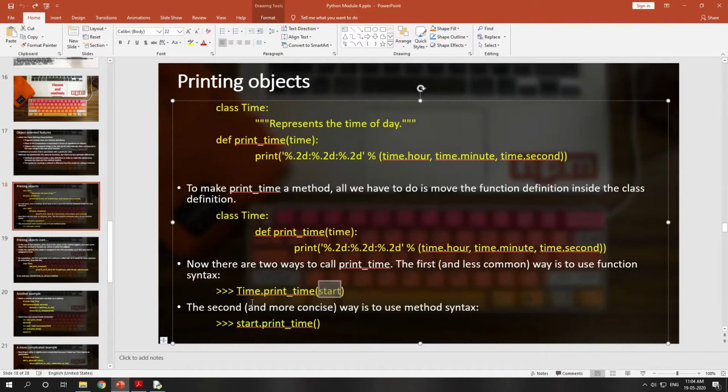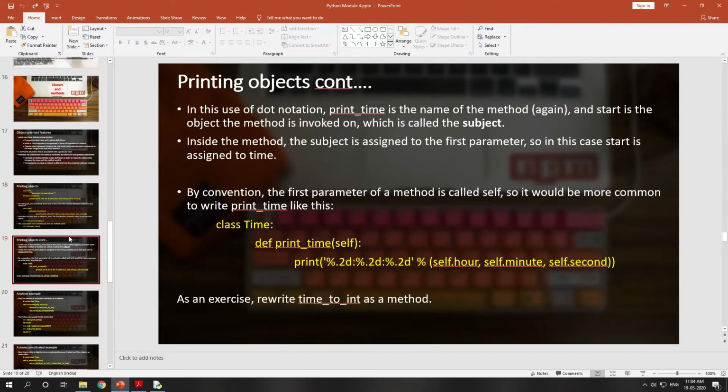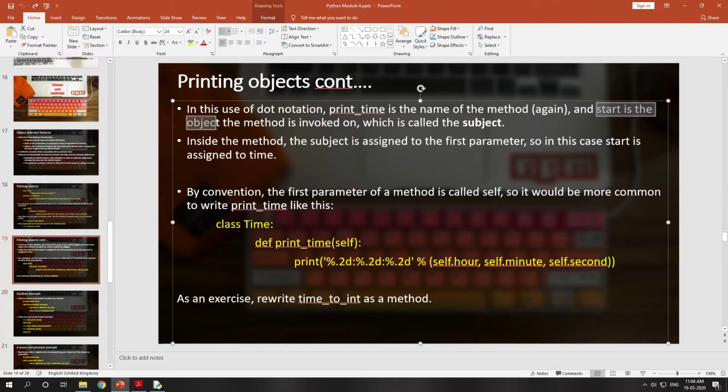Now see, you know two ways: calling a method like a function, and calling a method like a method using the dot operator. Now in this use of dot notation, print time is the name of the method, and start is the object the method is invoked on.